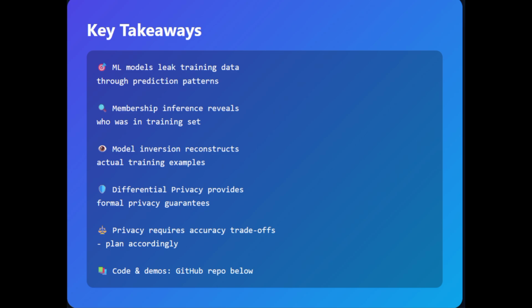Measure the attack success rate, track it over time, and integrate continuous testing into your deployment pipeline. Finally, every major AI lab red teams their models. If you are deploying LLMs without red teaming,